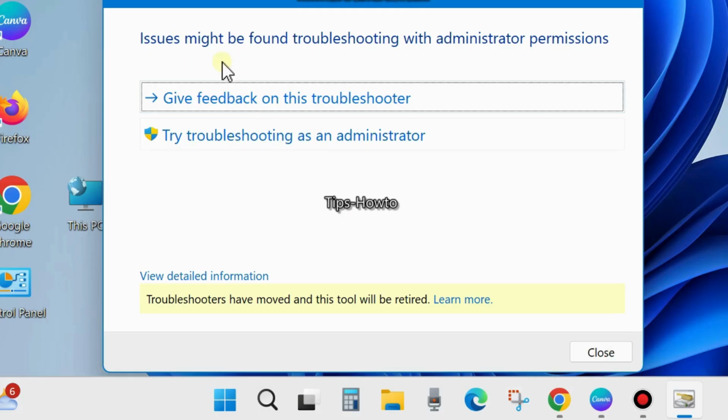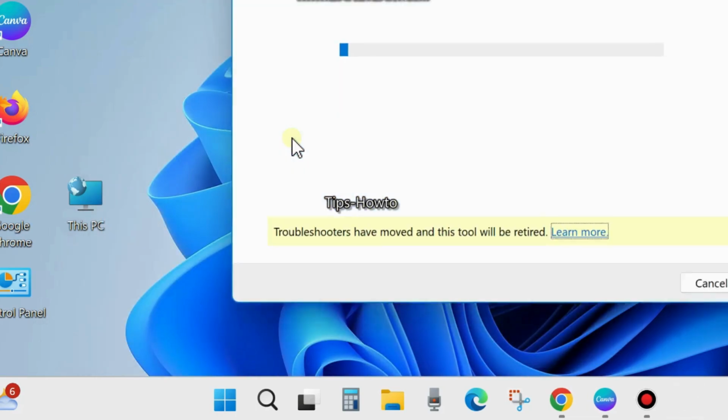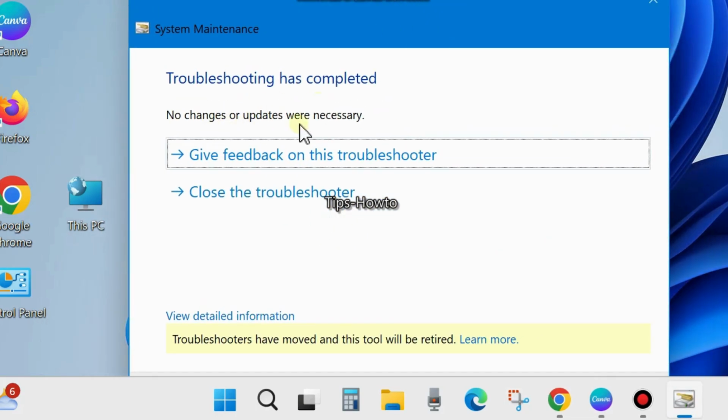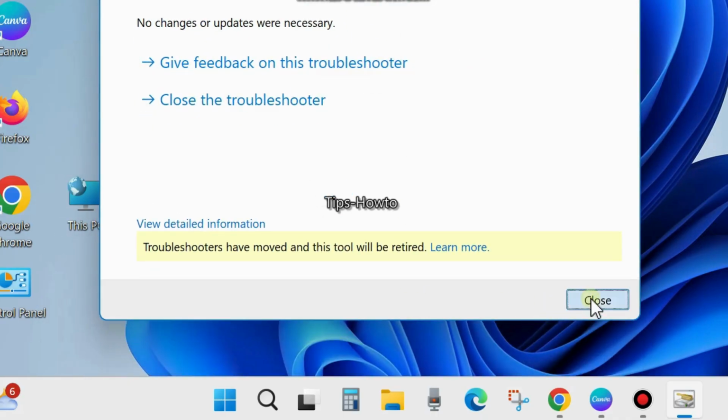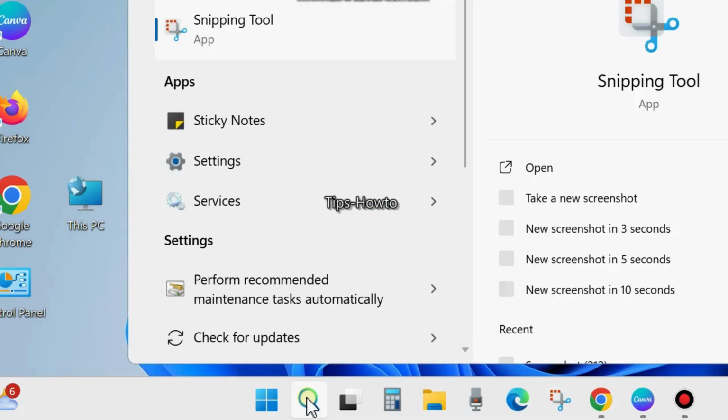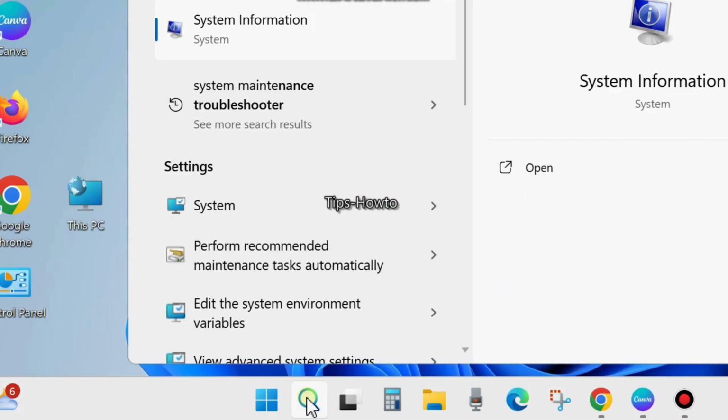Detecting problems. An issue might be found troubleshooting with administrative permissions, so try troubleshooting as an administrator. Here troubleshooting has completed. No changes or updates were necessary. Click on close. Now go to Windows search and here type